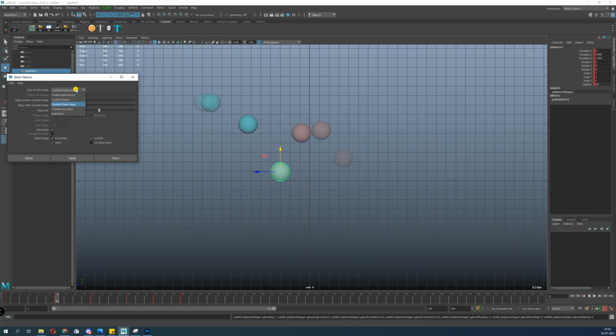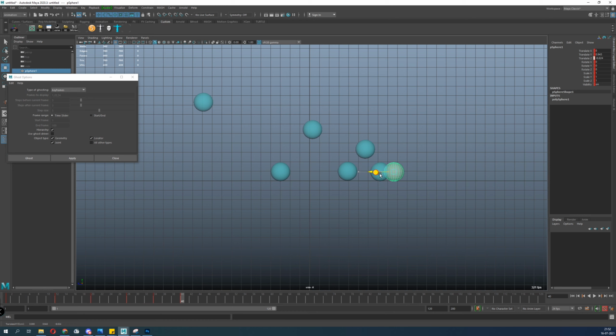Next is keyframes. Before doing that, we just unghost. What does keyframes do? Let's apply. Keyframes basically shows all the keyframes in my scene. What I feel right now is this can go a little far, so I just update it.